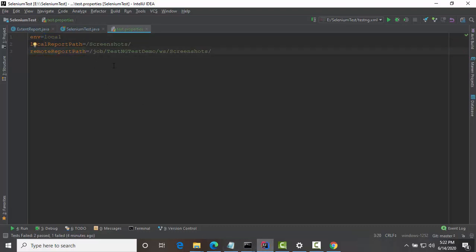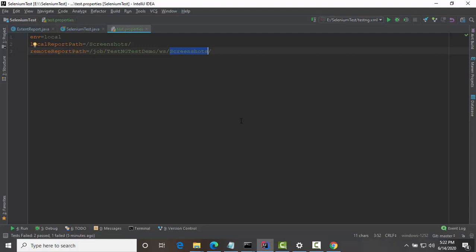This is the same path that I showed you a few minutes back in Jenkins: job, TestNG test demo, this is the build name, then WS for workspace, and the screenshot folder where the screenshot is stored.